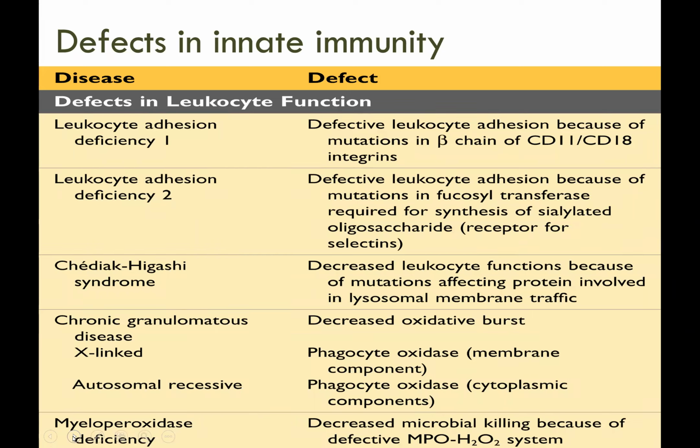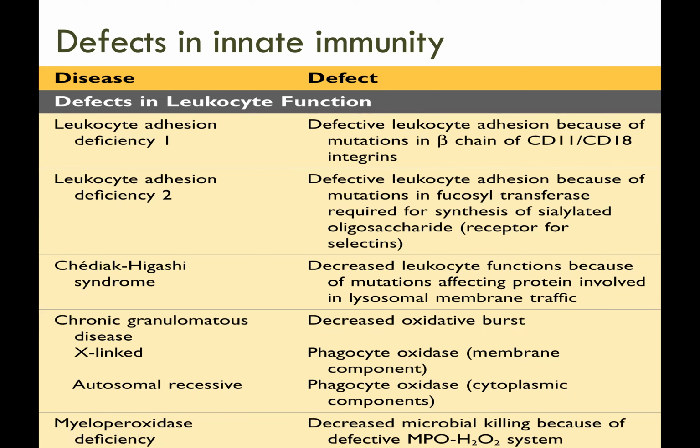Usually, it is detected in infancy, and the age is between 6 months to 2 years of life, usually heralded by susceptibility to recurrent infection. So, inherited defects in early innate immune response will typically affect the leukocyte function or the complement system, and it will lead to vulnerability of infection.